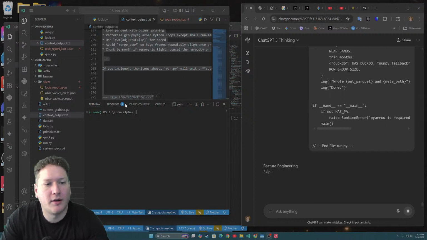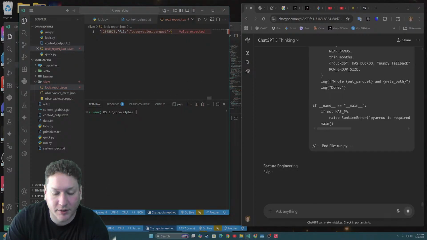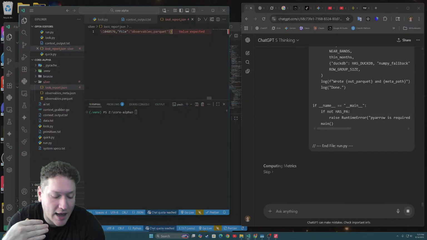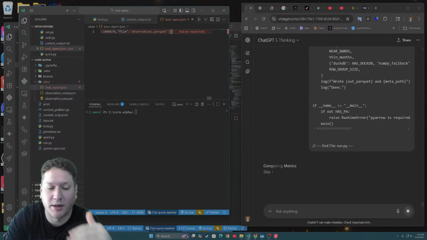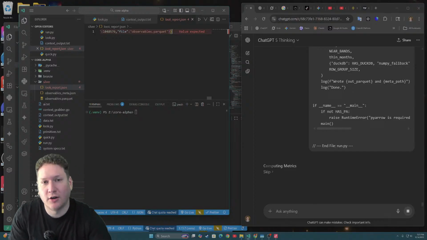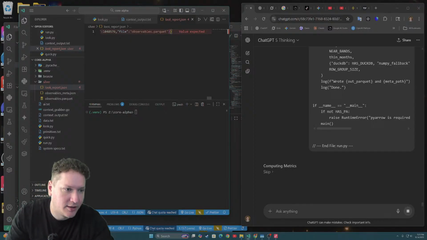Okay. Currently, this is what I want, right? I want to run all my research and get a single JSON output that basically says, hey, this math is predicting the price at 5 minutes, or whatever it is we're looking at. It's called look_report.json. And I want to add a bunch more math to my code. I want to test a bunch of math in parallel in one go so that I can mass research and quickly iterate on different math. So we're trying to do mass research, and that's essentially what we're doing here.